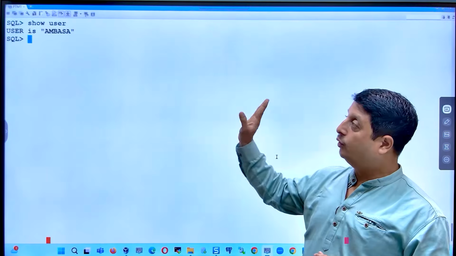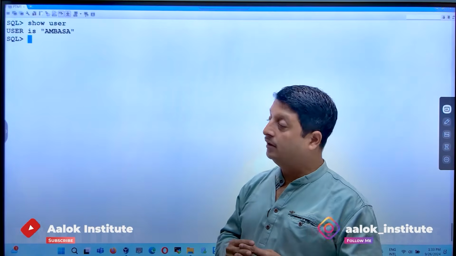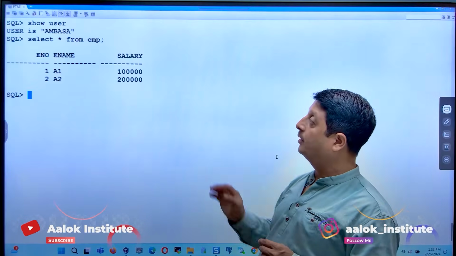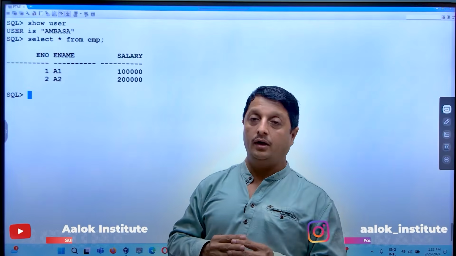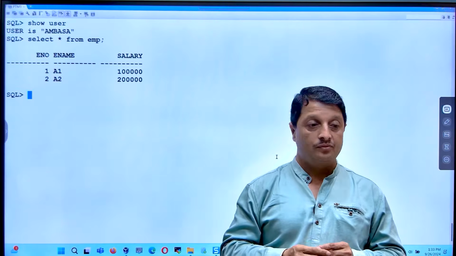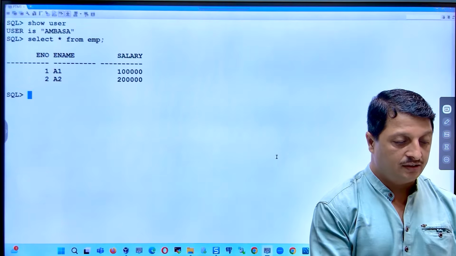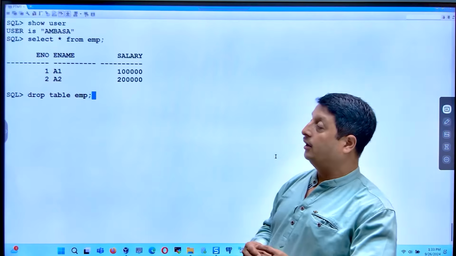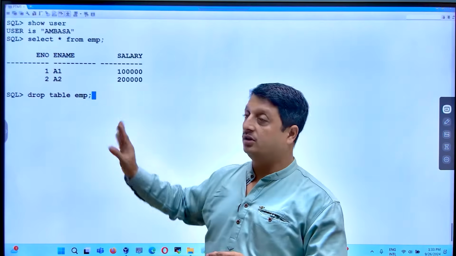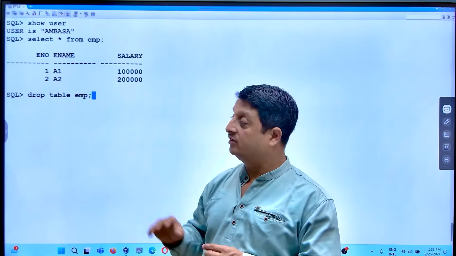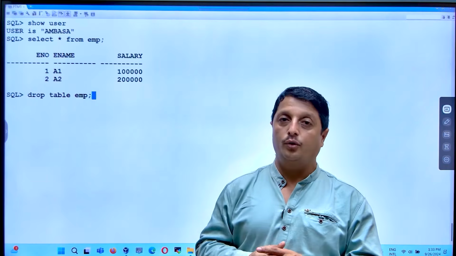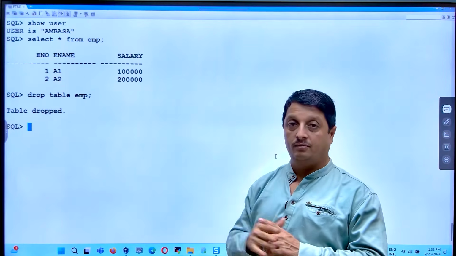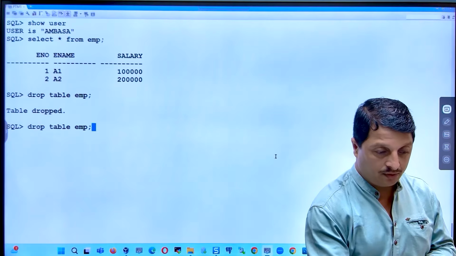Let's say I'm connected to one of my users called Ambatsa, and I do have the table called employee. This is one of my tables which is currently present, and now I can just run the syntax drop table emp. This is just a demonstration. Don't do it in production. This is just for making a scenario of how, if someone unknowingly dropped the table, now this table is dropped,